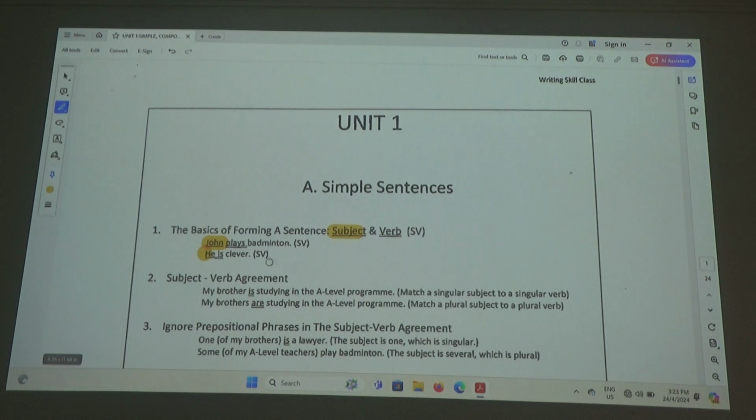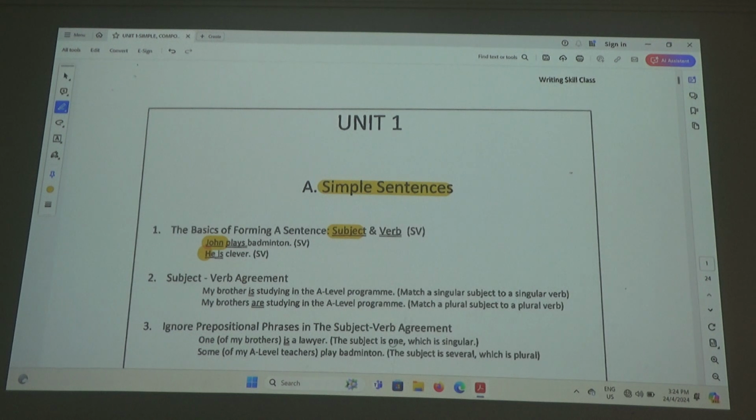Yeah. Okay, today I want to look at simple sentences. What are simple sentences? In English, actually we've got 4, but I'm just focusing on 3: simple, compound, complex. Then actually we've got number 4, compound-complex, but I don't want to confuse you, so I just focus on these 3. In your line of work as an airline cabin crew, simple, compound, complex is enough for you. Is that okay? Okay, so we just focus on that.